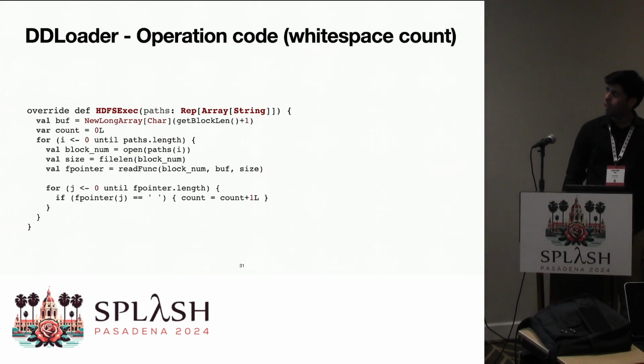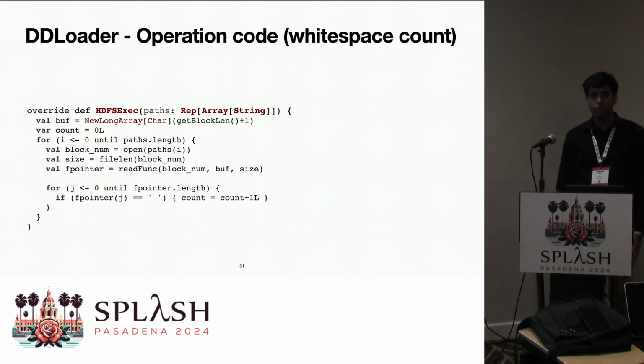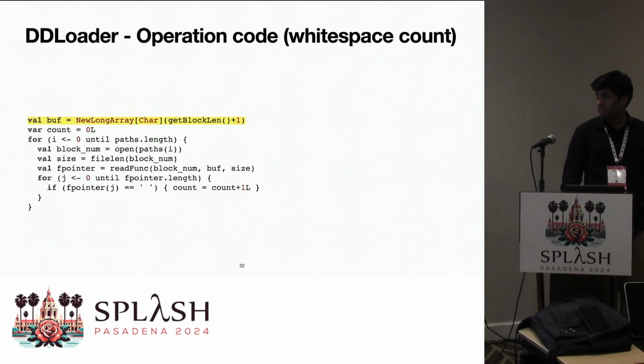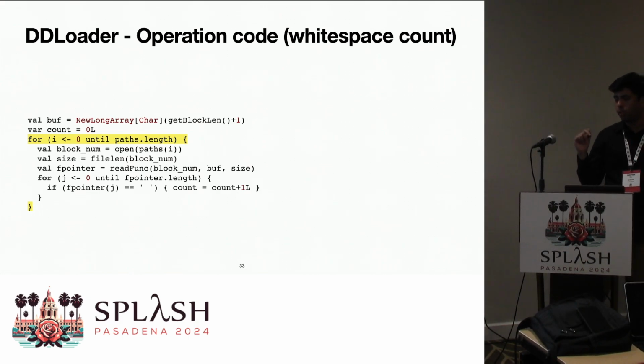Let's look at a simple program written in DDLoader to demonstrate how our system works. This is a simple whitespace count program. So the user creates a buffer to read the contents of each block of the HDFS file into. They then write a loop to iterate over each block. Something to note here is that since we provide a per block programming model, the user can choose to only operate over some blocks of the file. And this becomes more important if the user writes some conditional that would filter out the number of blocks that you're operating over, which would reduce